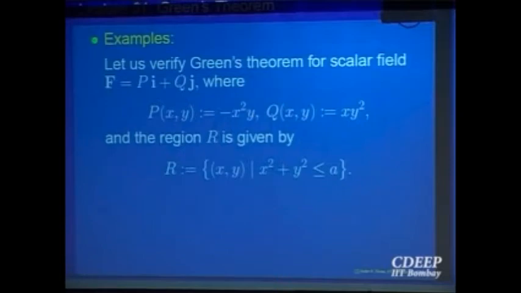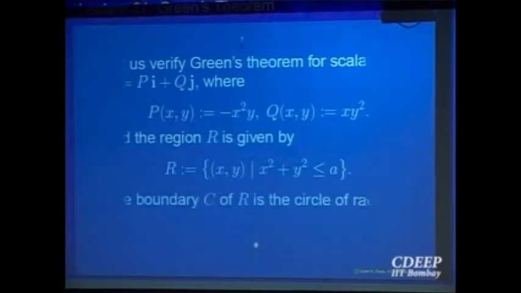Okay? For the double integral, this is a region, you will be integrating a function of two variables, namely partial derivative of Q with respect to x minus the partial derivative with respect to y of P. So you have to write it now as an iterated integral and compute. Right? So as an iterated integral, we have already done this inside of a disk. So what is x? x goes from minus a to plus a, if you want to write as type 1, right? And y goes from minus square root to plus square root, the lower circle to the upper circle, that is y. Right? So you can compute all this.